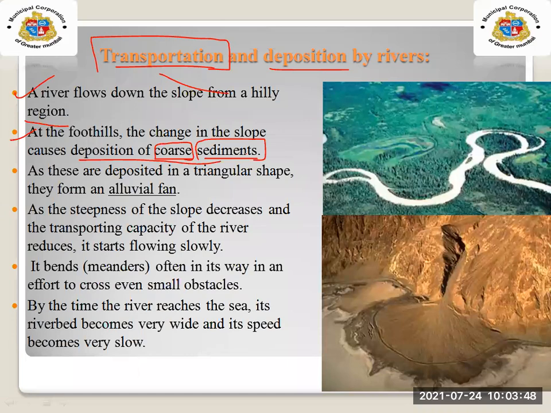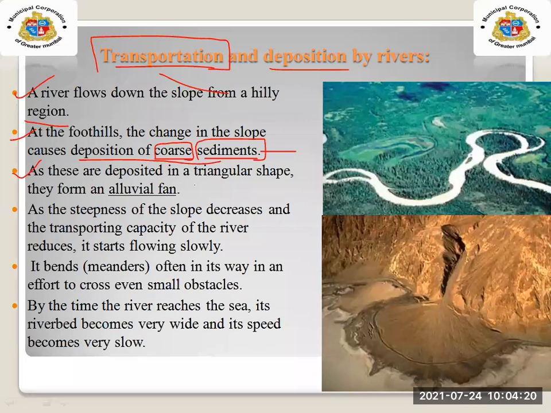It can be as small as a grain of sand or as large as a boulder. We can say sediments are created and deposited by glaciers. Take the example of sediments like rocks or minerals, or small grains of sand, or even large ones. So this is the meaning of sediments.